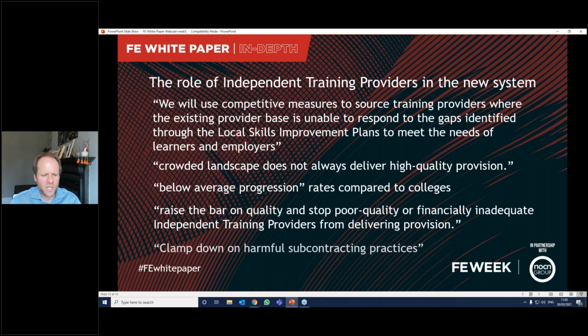Right, very swiftly, not much to say on this that I haven't already said. There's a page on independent training providers, which for me basically says, you're not the key players in town, mate. And then we've got a potentially controversial suggestion here that the research shows that progression is not as good. It seems to be trying to justify the demotion of independent training providers by saying that the progression at independent training providers is not as good, and that there's too much poor quality or financially inadequate provision, and that, interestingly, there are just too many of them,